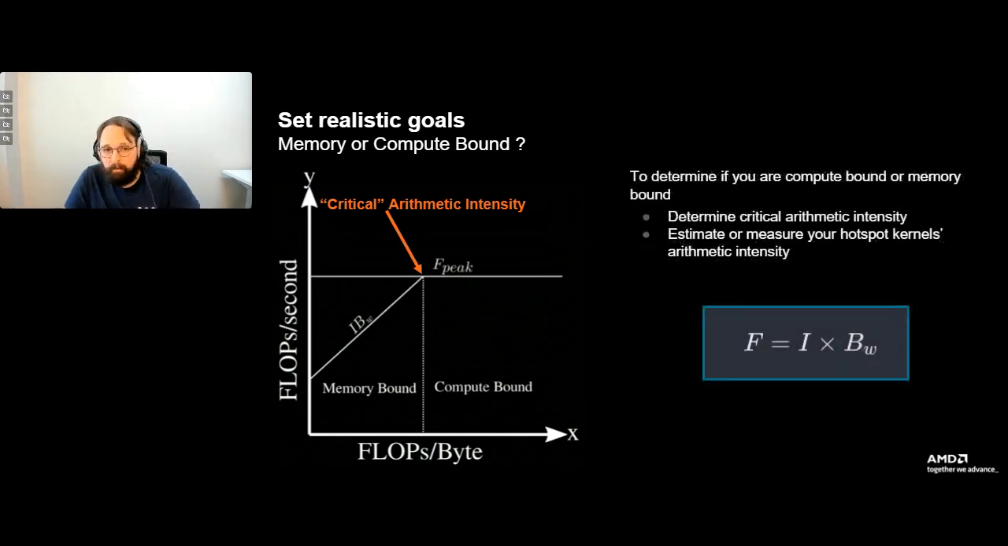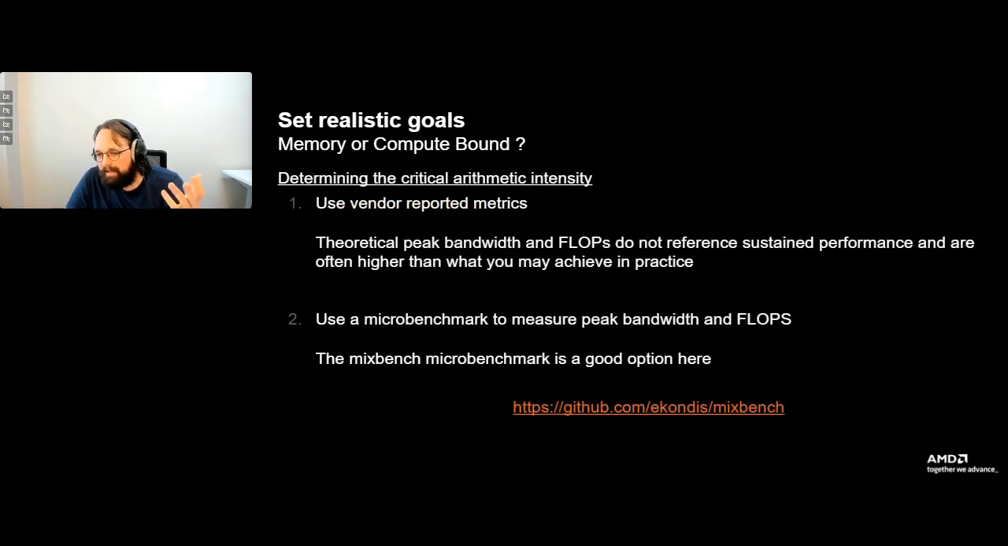Okay, so let's just recap real quick. If you want to know compute bound or memory bound, we're going to determine that critical arithmetic intensity. So we need to know the peak bandwidth from global memory, and we need to know the relevant floating point operations per second peak. You take that floating point operations per second peak, divide by that peak bandwidth, and that gives you that critical arithmetic intensity. So that's what we want. Then we also need to know the arithmetic intensity of our kernel, and that will tell us where we are